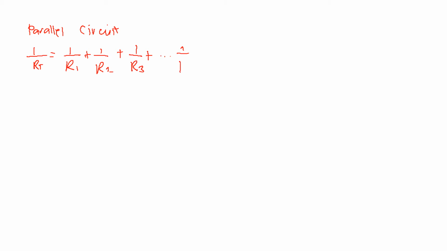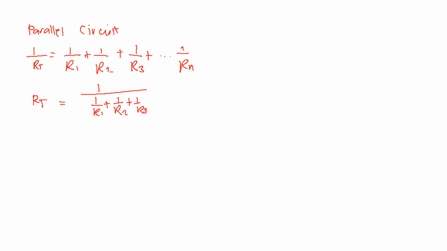Hello. So now we go to parallel circuit. In a parallel circuit connection, the total resistance is 1 over RT equals 1 over R1 plus 1 over R2 plus 1 over R3, and so on and so forth. Meaning the total resistance is equal to 1 over the quantity 1 over R1 plus 1 over R2 plus 1